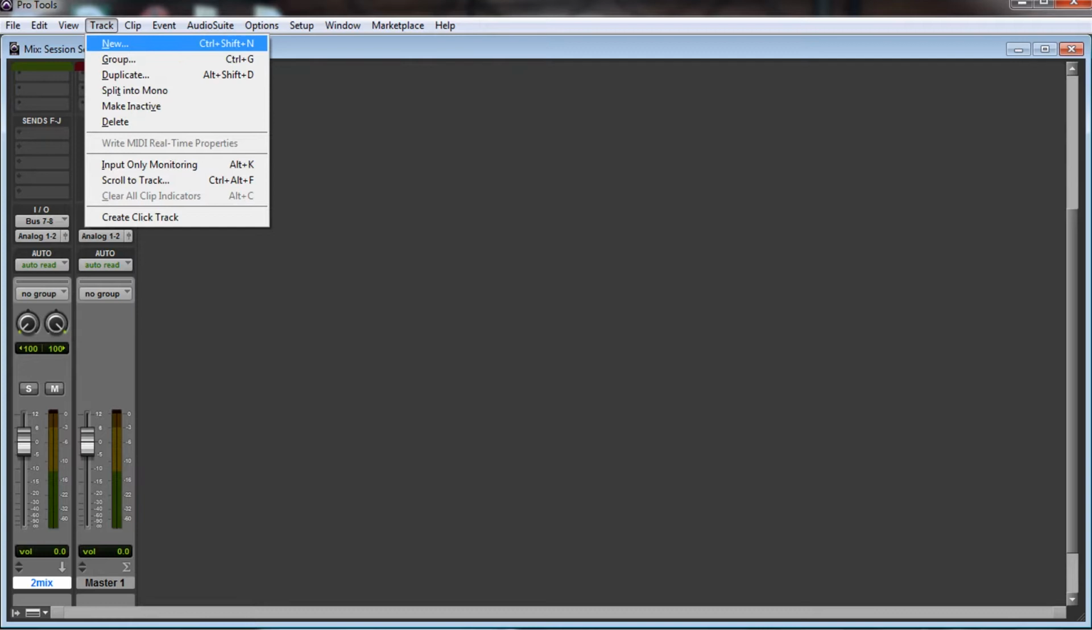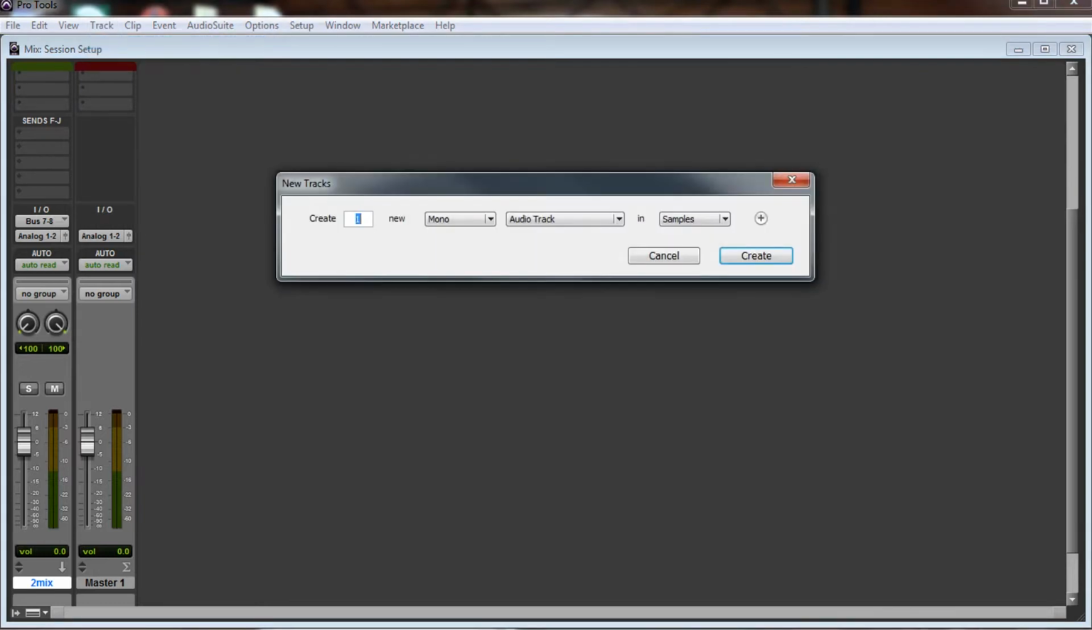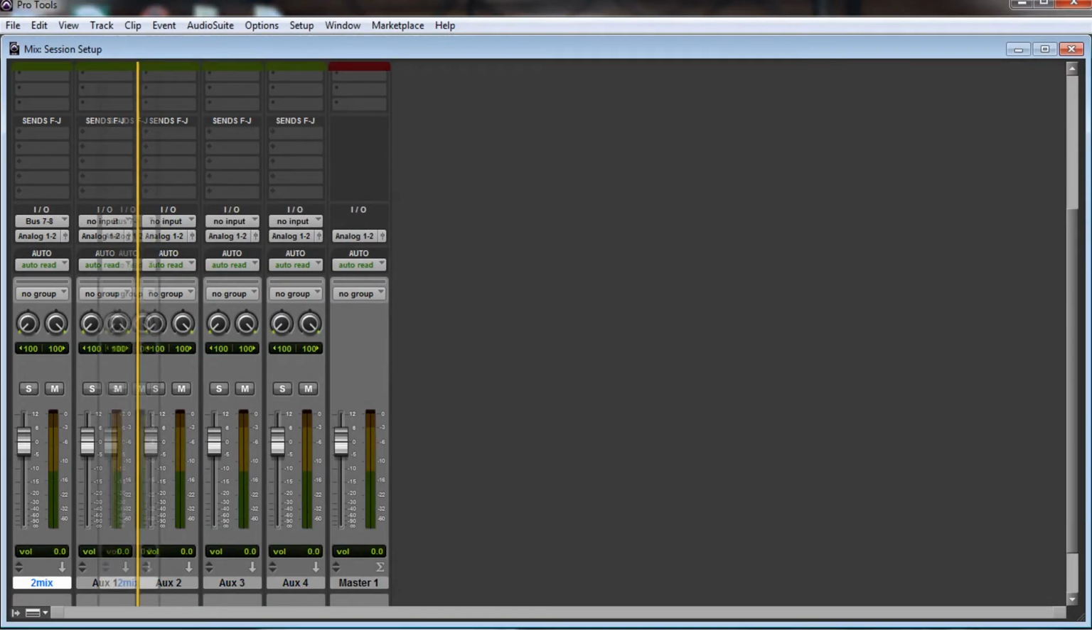And I'll go over all this in more detail in just a moment, but let's say now I want to create some kind of groups, or what I call groups, or you call them buses too. I'm going to create, let's say, 4 stereo aux inputs. Okay, move this back over here. Now what you're doing here is creating